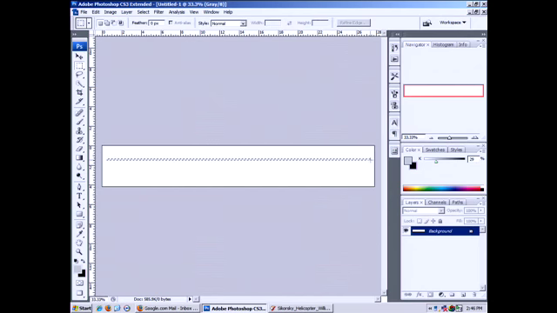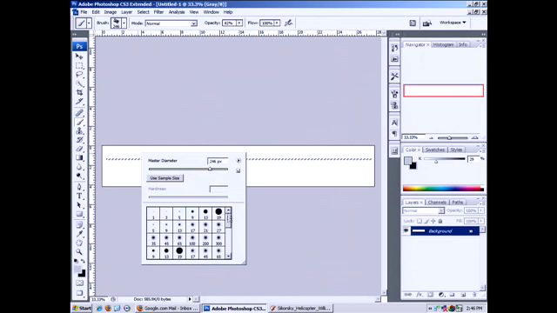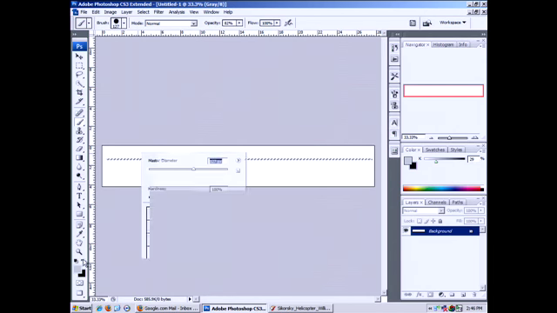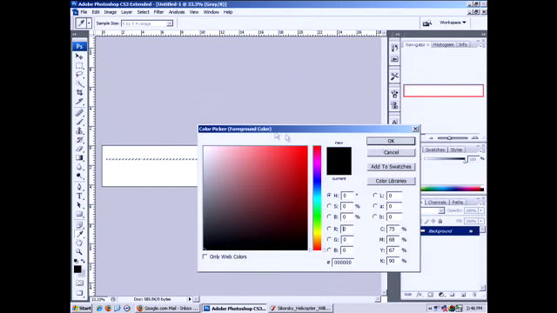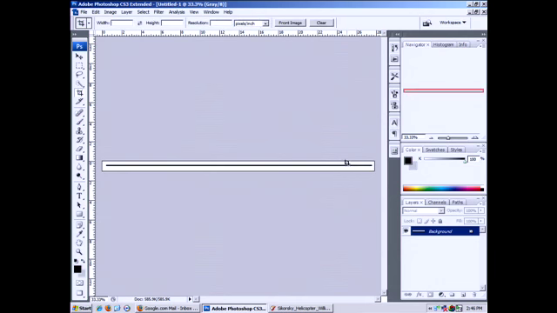And for what I want to do, I'm going to create a brush that looks like this. Let me get my brushes, and I'm going to make this pure black. Okay, so if I deselect it, it looks like this. And just to keep it a little cleaner, I'm going to use the crop tool and crop it down. That's going to be my brush. So I go up to, select it all,